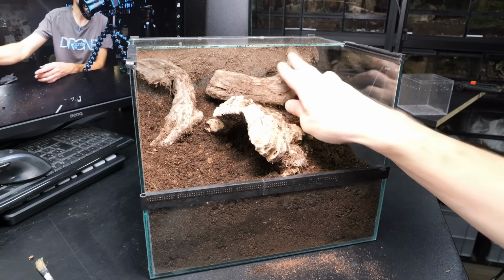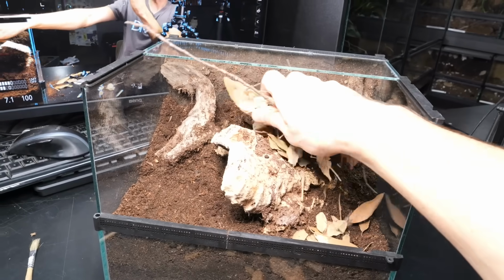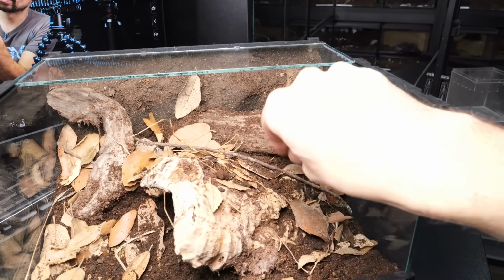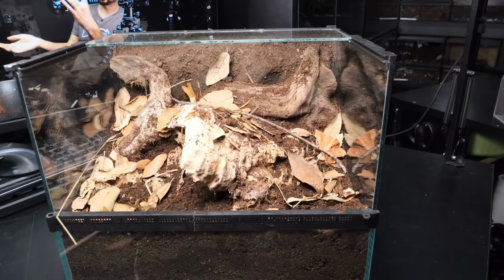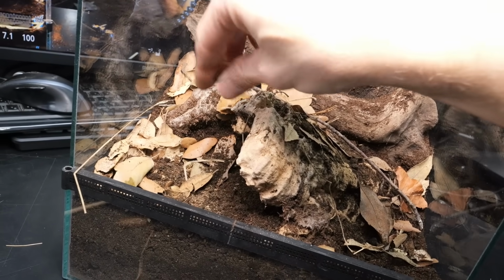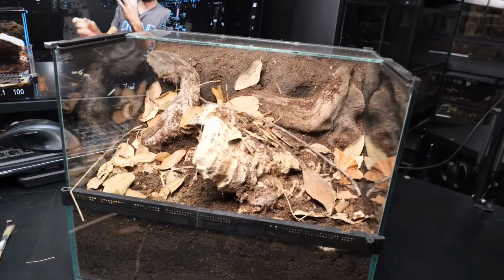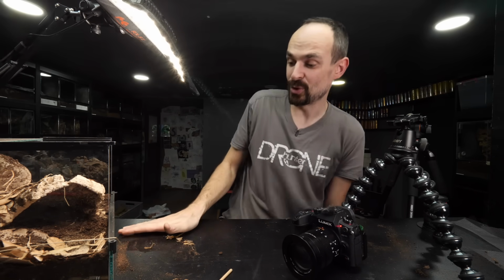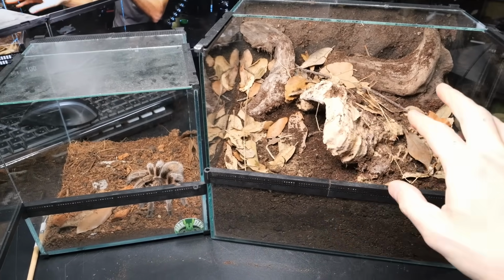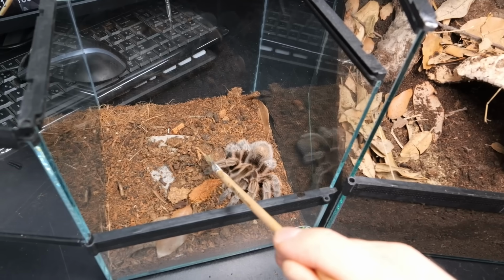You see how the enclosure looks better, much better with these wood pieces. The enclosure would feel empty without them, and also without leaf litter, right? Look how much better this looks. And just a tiny bit of sand for the texture right here. And a bit here, right? That's it. The enclosure is done and ready for Sashenka. She's gonna love it, I know. Maybe she will hate leaves until she covers everything with a fine layer of silk, but I wish to believe that